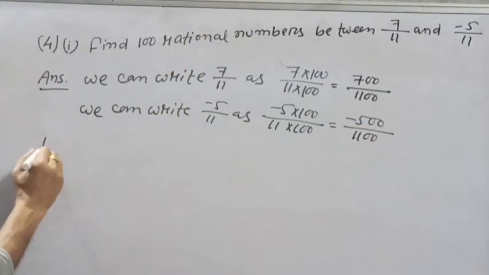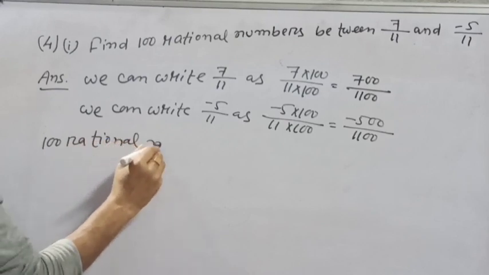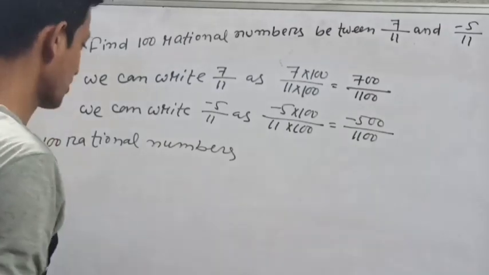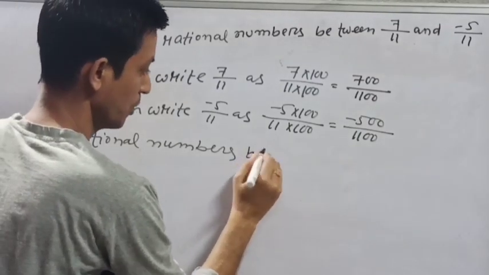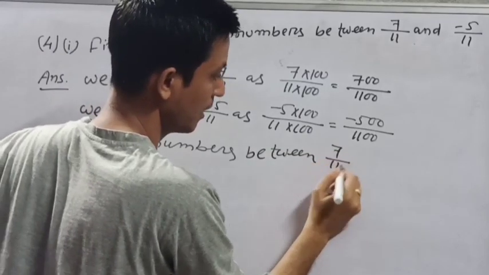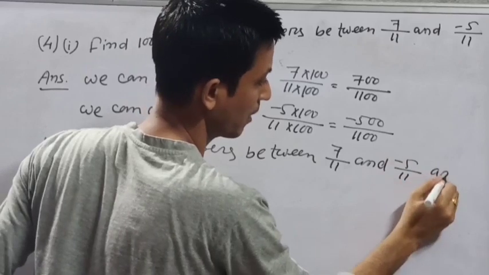So 100 rational numbers. We get more than 100, but I write 100 rational numbers between 7 by 11 and minus 5 by 11. They are